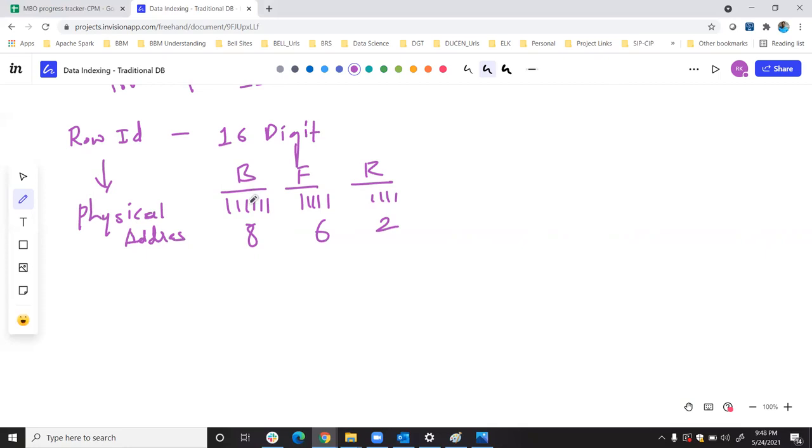So this is a block address, right? And what is that file inside that block, and then the row. So this row ID actually tells you where it is actually residing inside the disk. So it could happen that